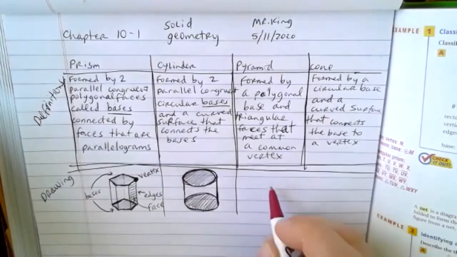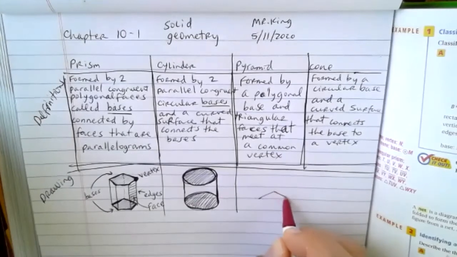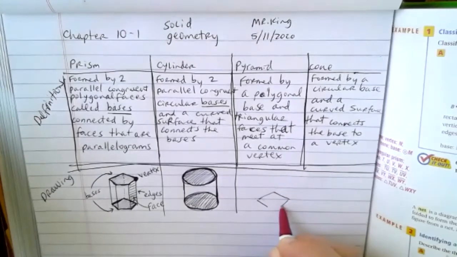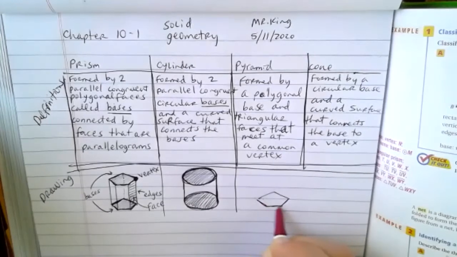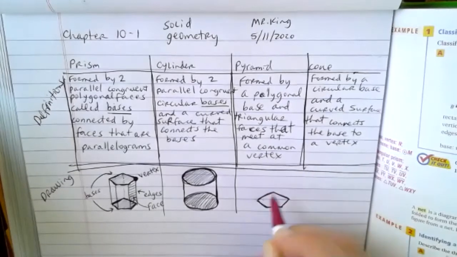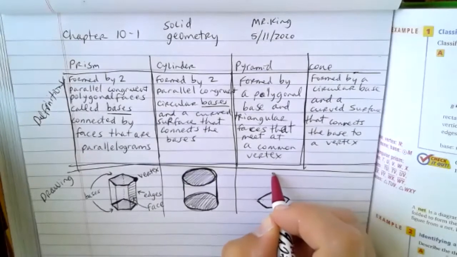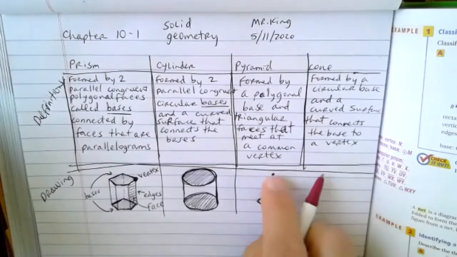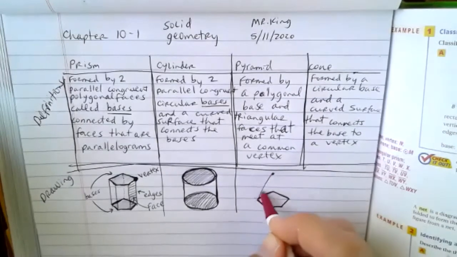Let's talk about a pyramid. Look, it starts off, it says it's formed by a polygonal base. Let's do another pentagon again. I'm in pentagon mode today. All right, so let's do a pentagon, a five-sided shape. And we're going to come to a vertex right here. It's a sharp point, and we're going to draw an edge